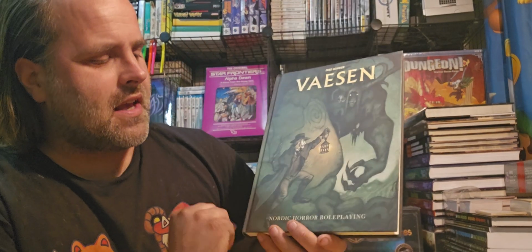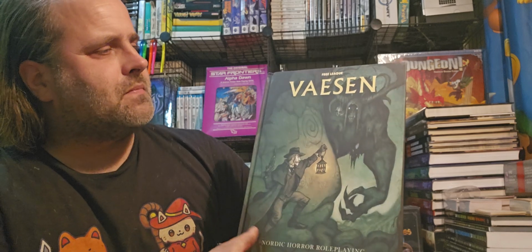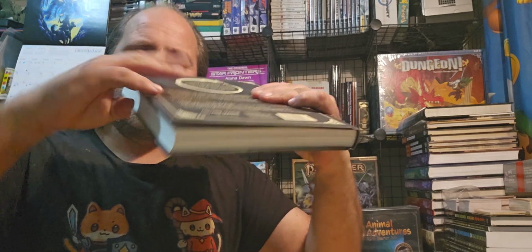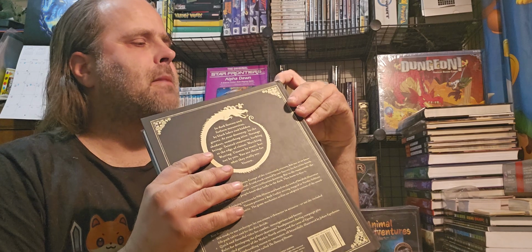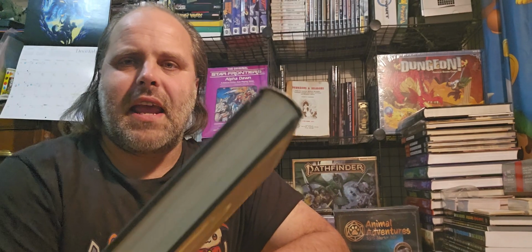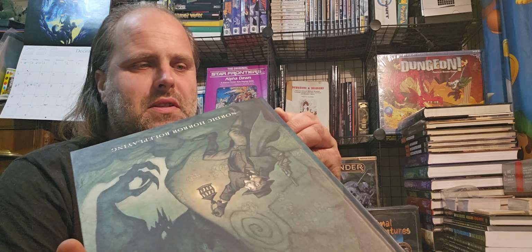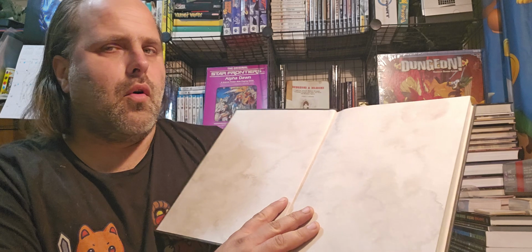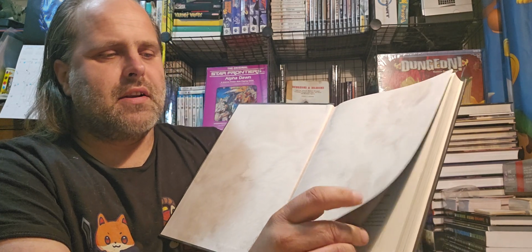this is Vaesen, a Nordic horror role-playing game. It's a fairly thick book. It has good heft to it. The cardboard is fairly good quality overall. Basic binding, though. It's just the standard binding, sewn in groups of 16 pages or something like that. It has that kind of old book page look on the